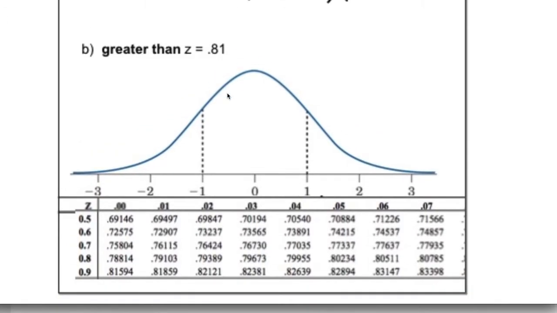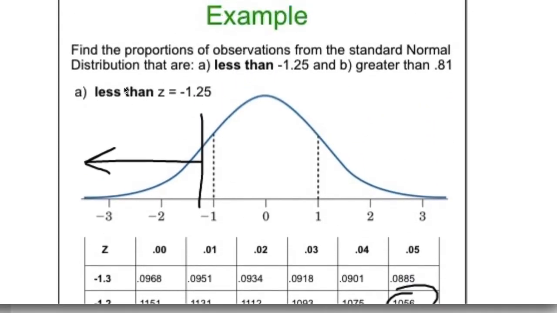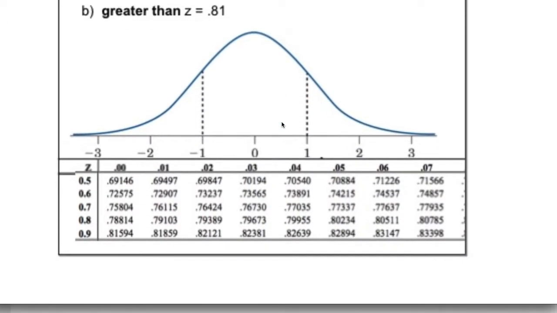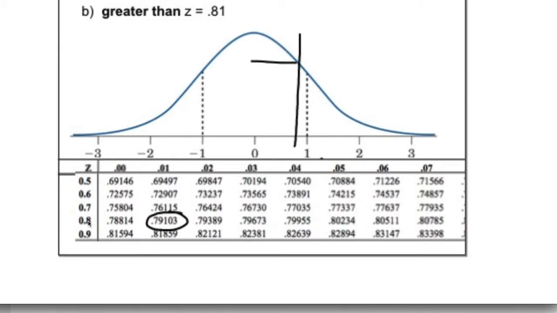And so that's why you need to pay close attention to the wording of what you're finding. So in the first one, it specifically said, find the proportions of observations that are less than -1.25 standard deviations. Now we're looking at greater than 0.81 standard deviations. Okay, so again, I go to my standardized table. I find 0.8, I find 1 in the 100th spot, and I get 79.103%. But again, what that means is everything below this